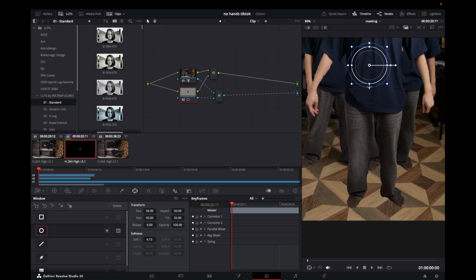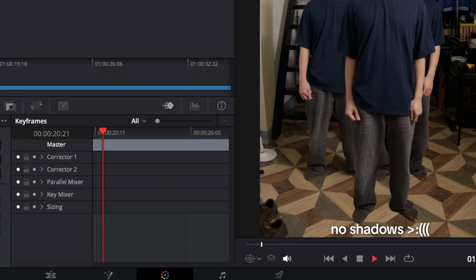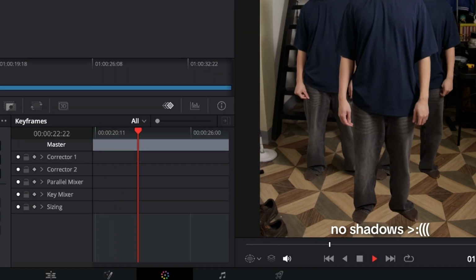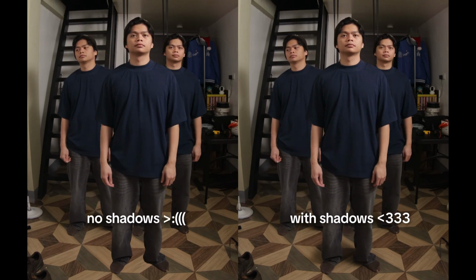But if you hate yourself and you want to make your videos as complex as they can be, do what I do. Combine both methods. There is actually a benefit to using ordinary masking over rotoscoping, which is that you still have the shadows that you're making in the shot. Other rotoscoping tools don't usually include that, so combining both makes for a more believable edit.